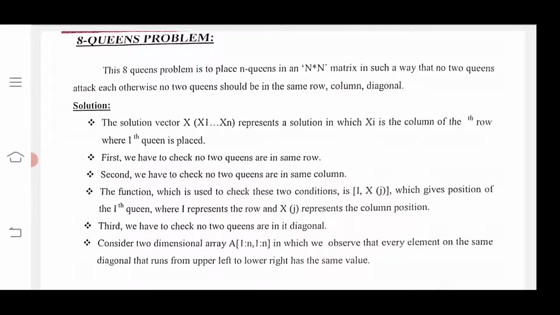It represents a solution in which xi is the column of the row where the queen is placed. In the first row, the first queen is placed.